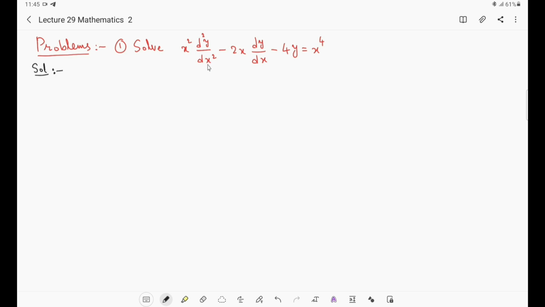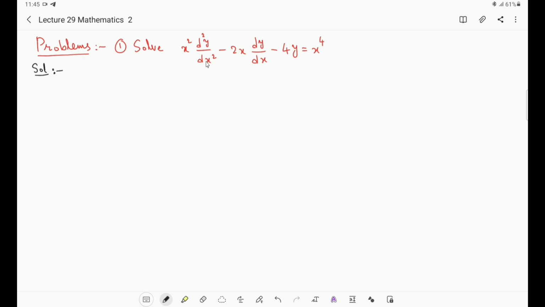It's a second order equation and linear also, because what are the conditions for linear? The dependent variable, that is y, and all its derivatives should be of degree 1. You see that the power is 1 here, here also 1, here also 1. So the first condition is satisfied, and they should not be multiplied together. They are not multiplied together in this equation, so it's a linear equation, but it's not a constant coefficient. Here is a constant coefficient, but here a variable is there, here also a variable is there, so it's not a constant coefficient